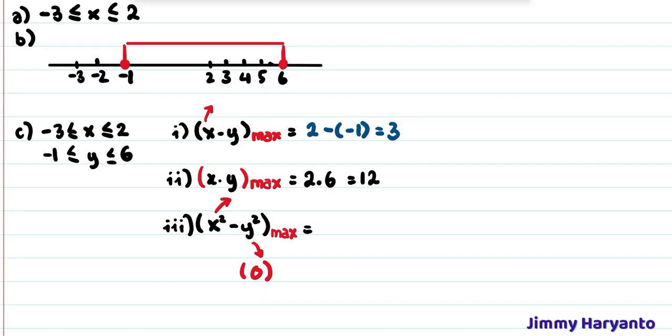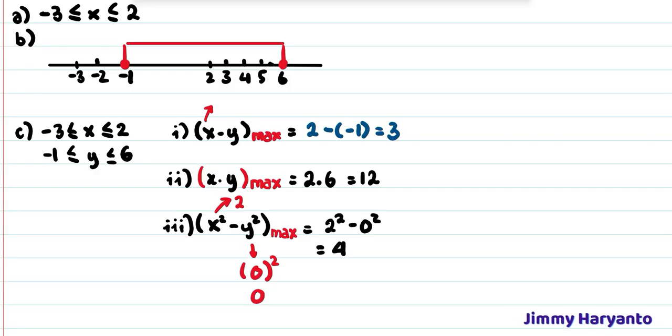If we put 0 right there and square it, you'll have 0 as the result. Instead of -1, 0 is better. When you square -1, it becomes 1, right? 0 is smaller than 1, so I will choose this one. There are no numbers smaller than 0, so I have to choose 0. For x, the largest is 2, and 2 squared equals 4. I will input it right there. With y equal to 0, 4 minus 0 equals 4. So this is the largest value of x squared minus y squared.